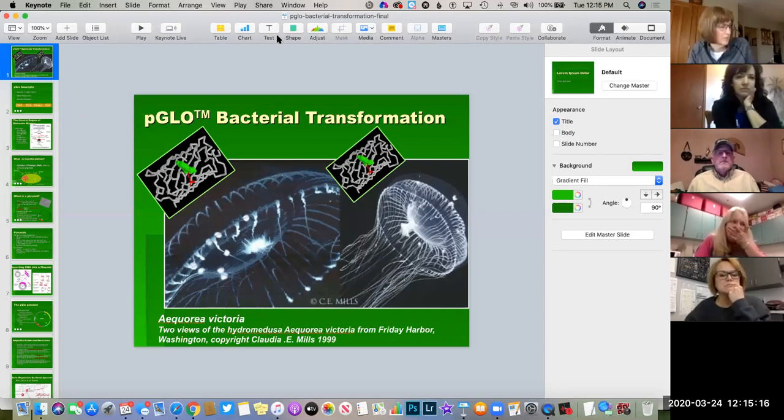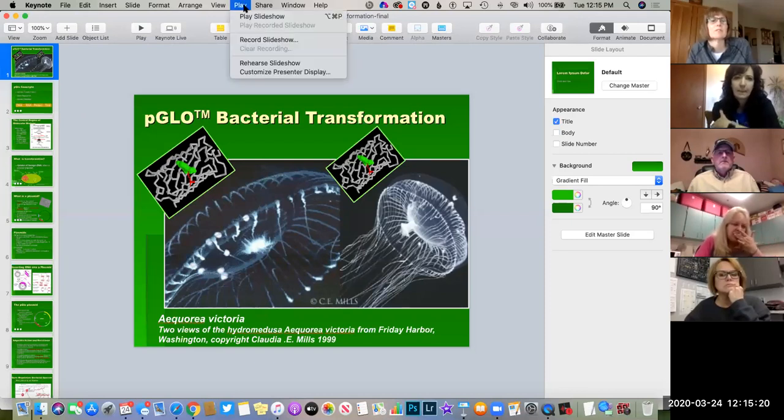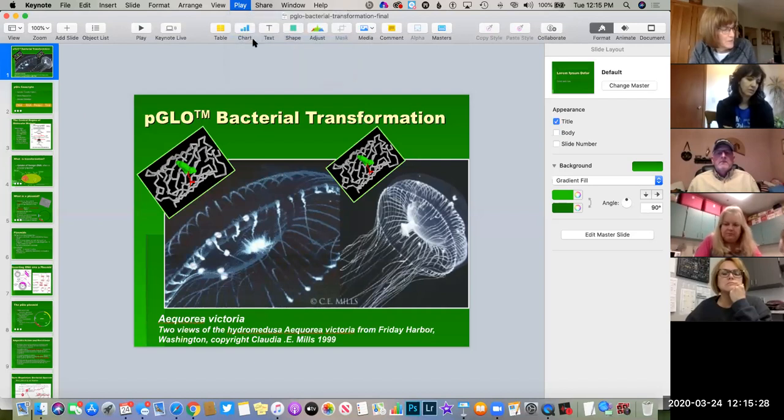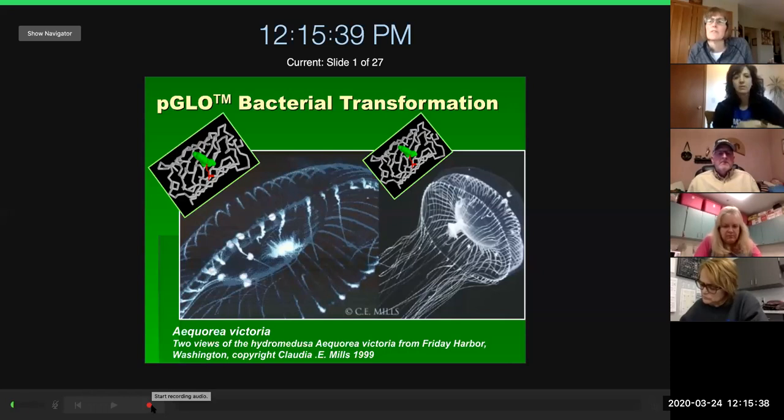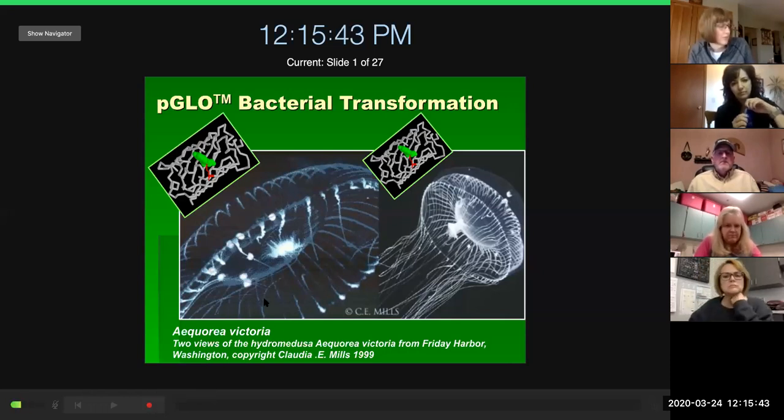So in Keynote, if you go up to the top menu and you choose Play, you can record your slideshow. So think of this like a screencast. When you click that, it goes into presenter mode, and there's a record button at the bottom. That's to pick up my audio. So if I click start recording, and then I click my slides through,